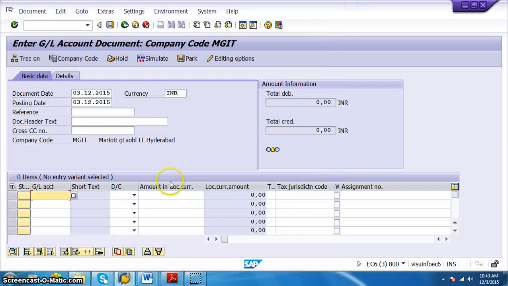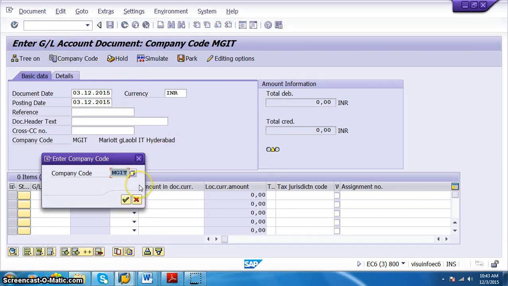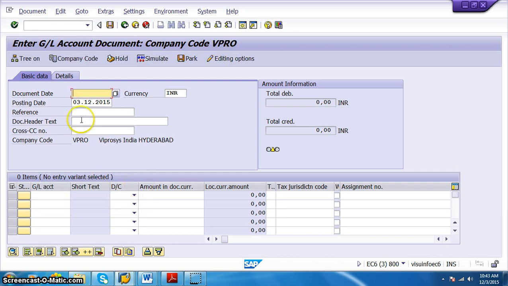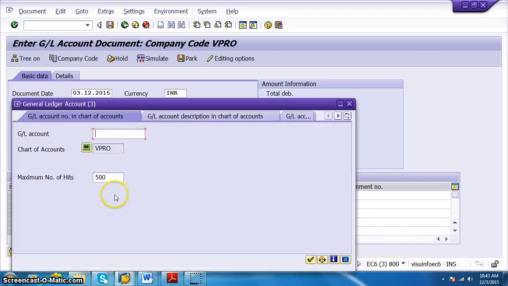I have taken MGIT. I just need to change the company code to VPRO. Okay, I just clicked here and changed it to VPRO. So we process, and then we have the document date, and here we have the GL account number.